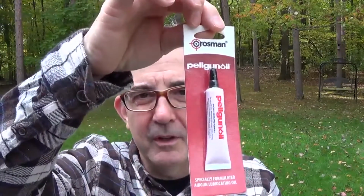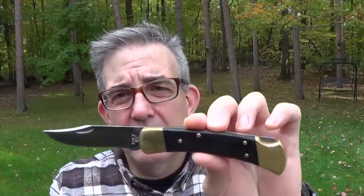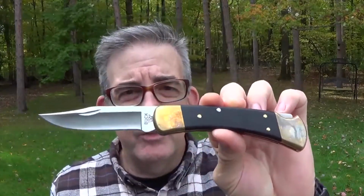This is what I'm using. Pelican Gun Oil. I have pellet guns. I use them a lot, and I've found that Pelican Gun Oil has treated my guns over the years beautifully. So I thought, why not put it in knives? So that's what I use now on my Buck knife, Buck 110. This is one of the new ebony handle knives, which I'm going to be discussing in another video. And my antique but highly modified